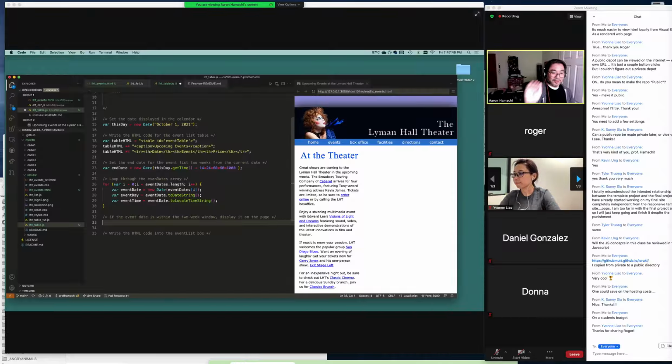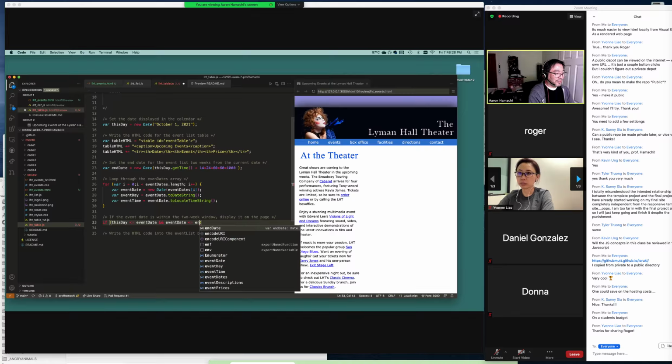So if the event date is within that 2-week window, we're going to display it on the page. So that's going to look like this. Okay, if this day is less than or equal to the event date, and the event date is less than or equal to the end date,